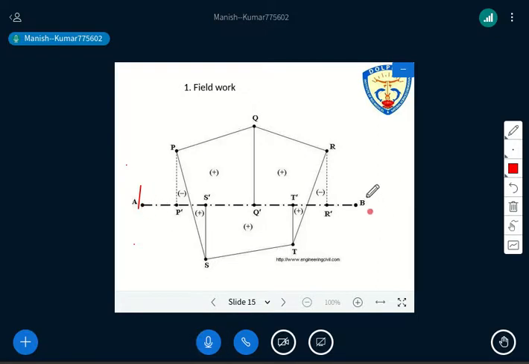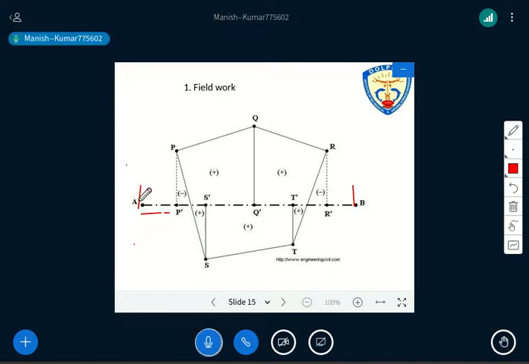Similarly, you have to fix this ranging rod here at the point B. This is the other end of the chain line or the chain edge. Have a look at this notation. I have given you this idea: if there is one line with a dot, that is going to represent the chain line, right?